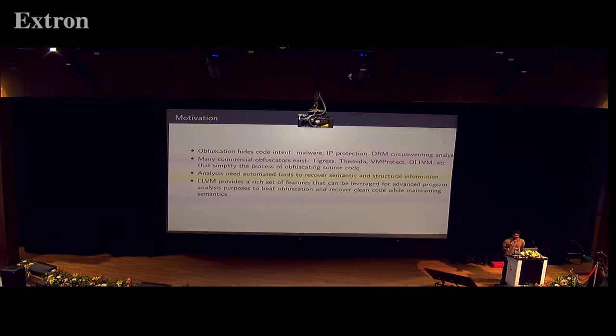Malware authors don't usually want their code to be reverse engineered and analyzed, because that would obviously hinder the malicious activities. Other people who want to do this are people who want to protect their IP. There are a lot of DRM systems which obfuscate their code, because you don't want other people to poke into your code, find out your algorithms and reverse engineer them. So people tend to obfuscate code.